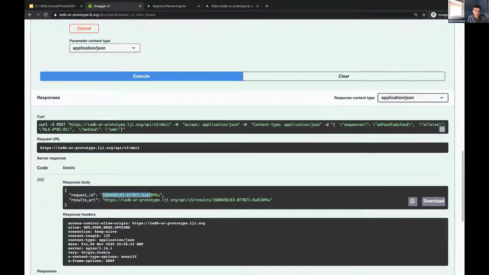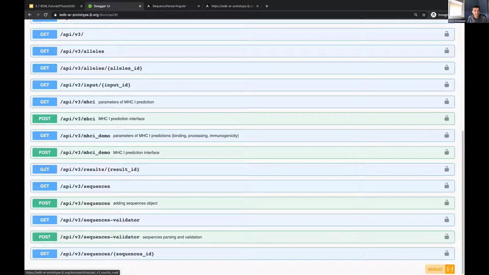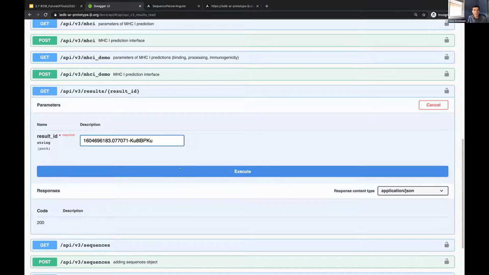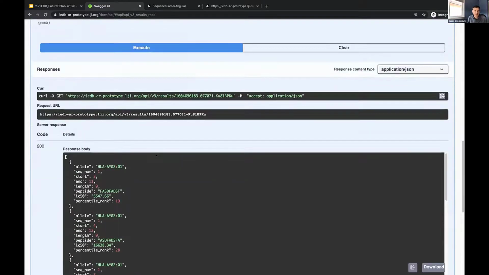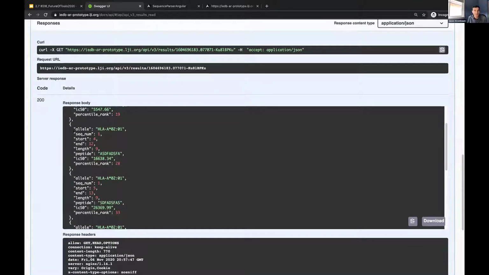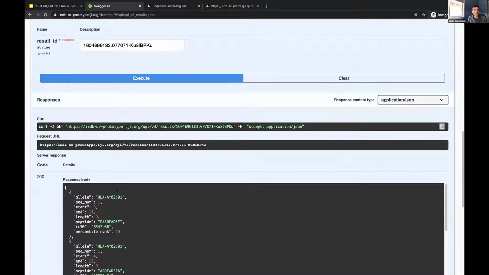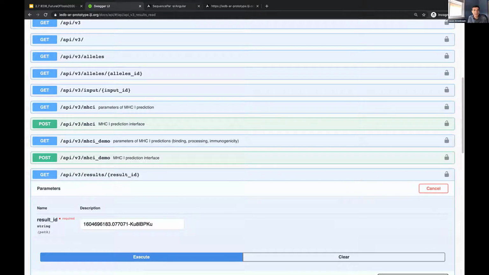You can just take that request ID and find the results endpoint, try it out, paste it in there, hit execute, and again, it shows you what it does through curl, and we see the response back from the server here. So we get a 200 response, which is what we're hoping for, and then a nicely formatted JSON output. So that's the backend, and that's what we're providing for API users, and that's also what is going to be